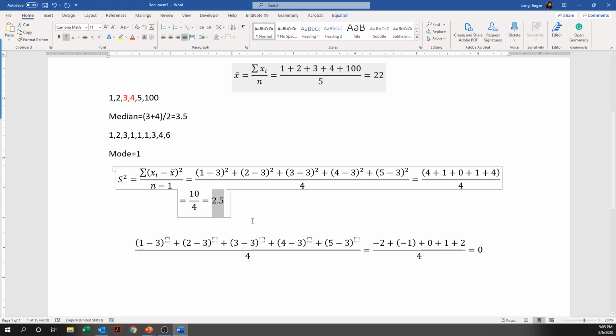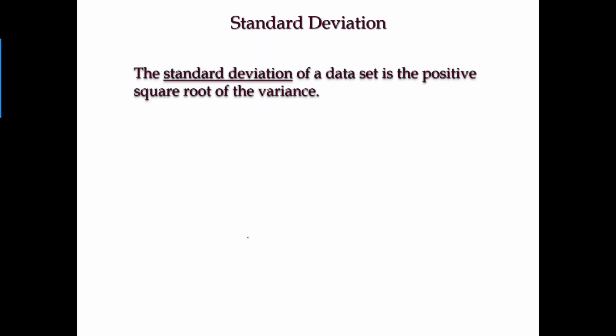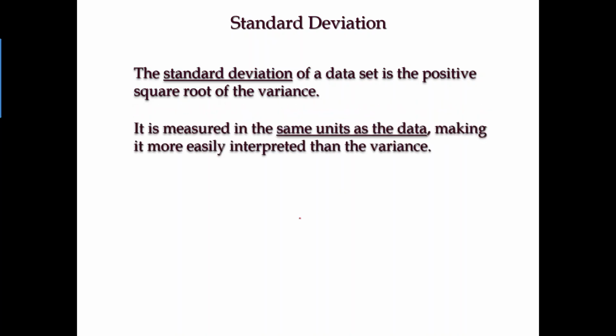So how can we fix this problem? That is what we will talk about, our next statistic you can use to measure the variability. So that is the standard deviation. So the standard deviation is developed based on your variance. If you take the positive square root of the variance we just calculated, then you will be able to get the standard deviation. So the reason we use standard deviation is not only because it is not exaggerating the variability, but also it is measured in the same unit as the data,